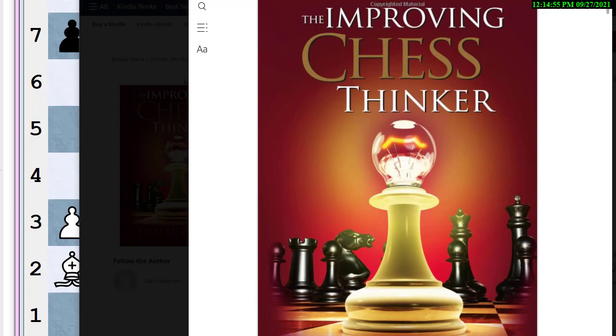And what he did was he took a bunch of interesting positions from his games. I'll show you one of them in a few minutes. And he gave them to strong players. In fact, the AVRO tournament was being held there in the Netherlands in 1938, and he was able to get some of the top players like Paul Keres, Max Euwe, Alexander Alekhine to look at the positions from his games, and I guess they didn't have a tape recorder in those days, they probably had a stenographer recording what people said as they thought out loud and found a move out loud for him. And then he wrote a PhD thesis on how good players find chess moves in games,